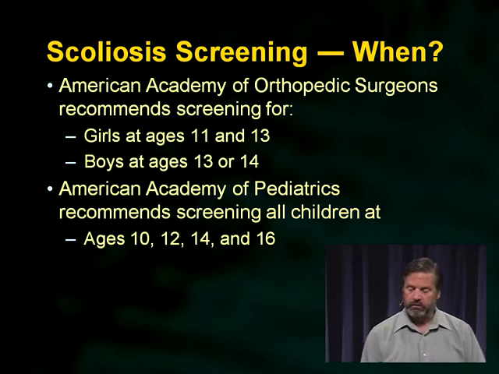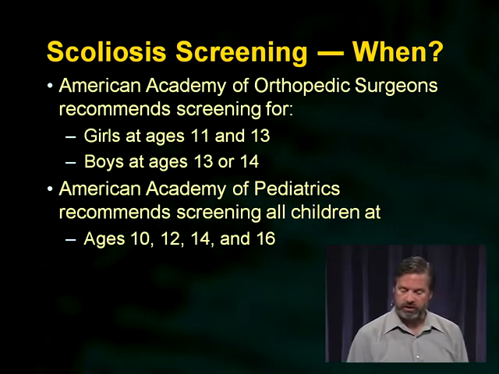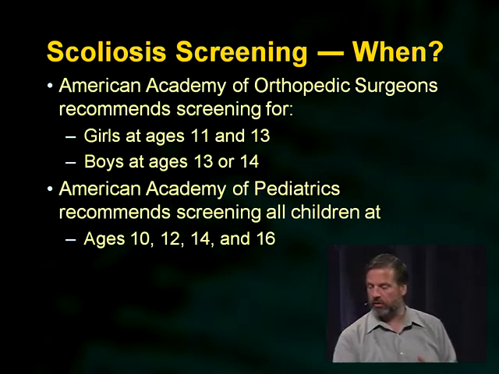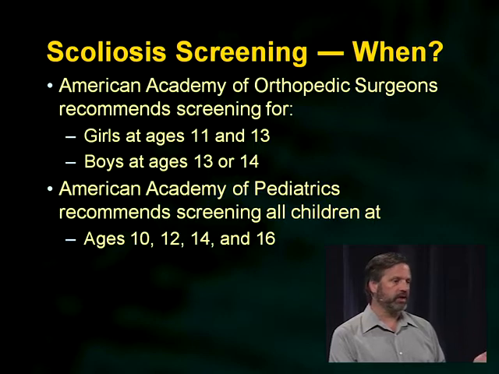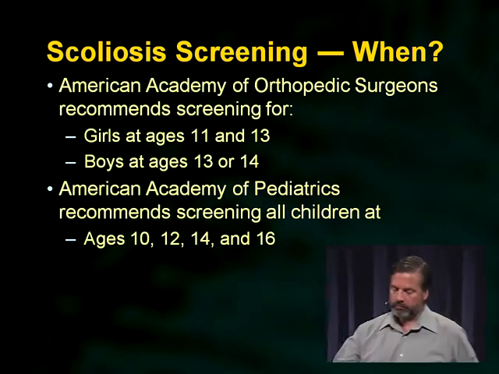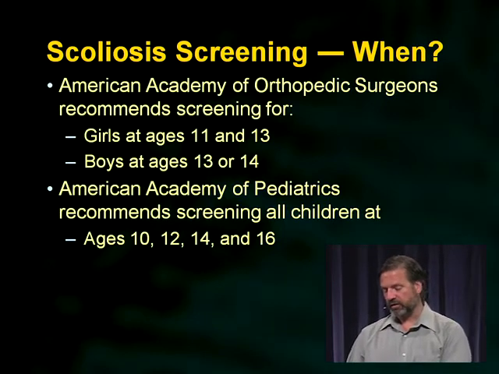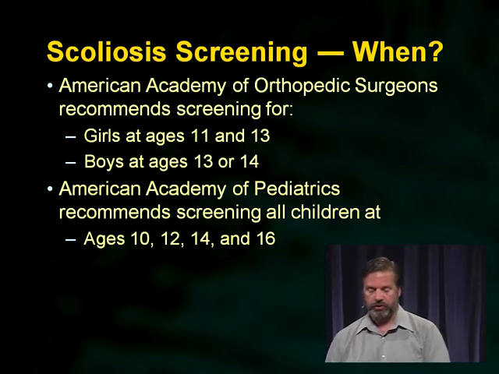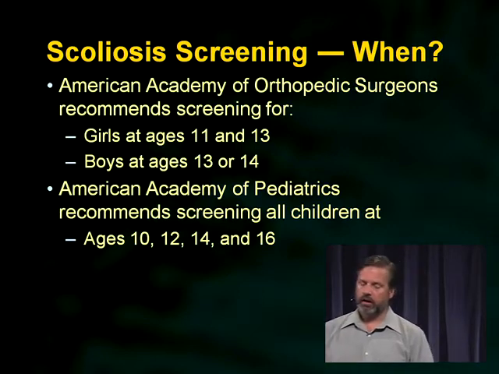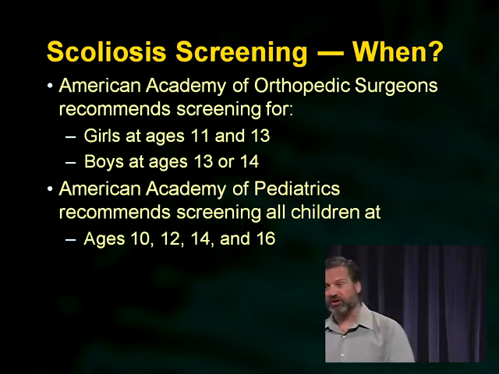So when do you screen? The American Academy of Orthopedic Surgeons and the American Academy of Pediatrics differ a little bit in their guidelines, but I would suggest that you look at screening at least every other year, but probably every year is better. But you can see the guidelines are fairly similar. Each allows a year off. So girls between 11 and 13, and boys at 13 and 14. That's just to provide for the difference in when boys and girls tend to reach the height of their pubertal development. So that's what you're really looking for, is when they've started, when they've actually finished their growth spurt.